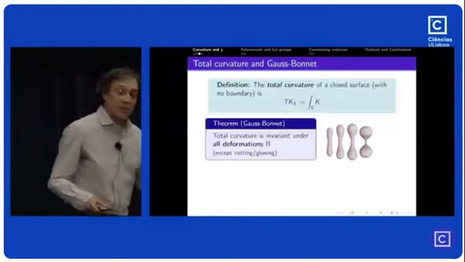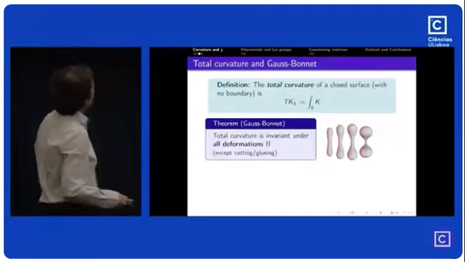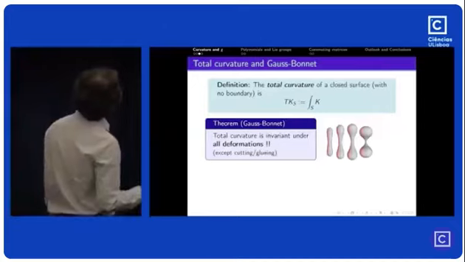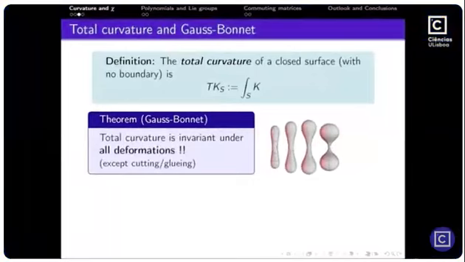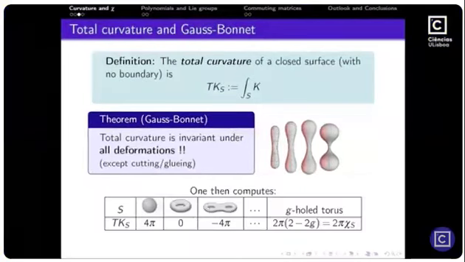This is something that I think Gauss didn't really think too much about, but neither did Bonnet, apparently, but it's now a very famous theorem called Gauss-Bonnet, and it says that the total curvature is invariant under all deformations except cutting or gluing. So this is an example of deformation, and the total curvature of those surfaces is the same, regardless of the area. Okay, so one then computes, of course, this computation is not trivial, that for anything that's deformable to a sphere, the total curvature will be 4 pi, because if I take a sphere of radius 1, then 4 pi r squared is the area of the surface, so the curvature is 1, so there's the 4 pi.